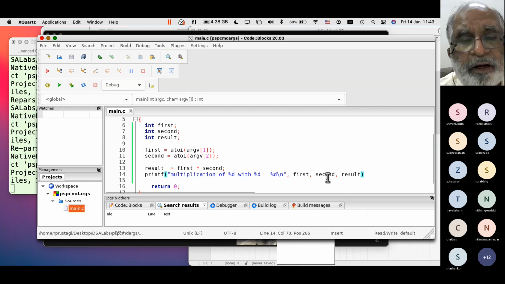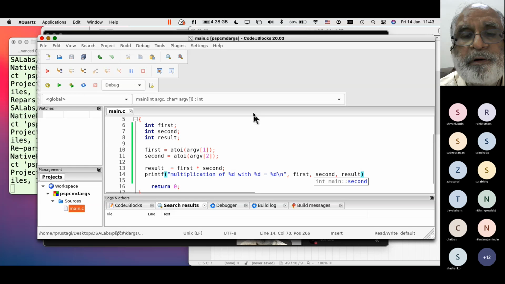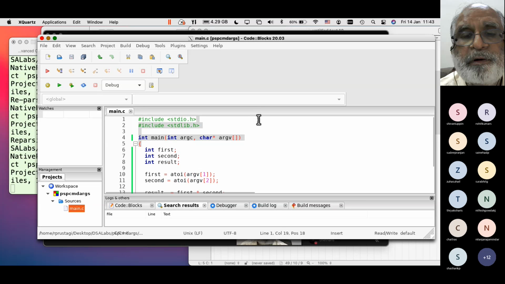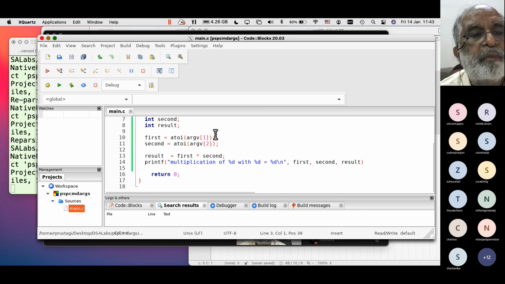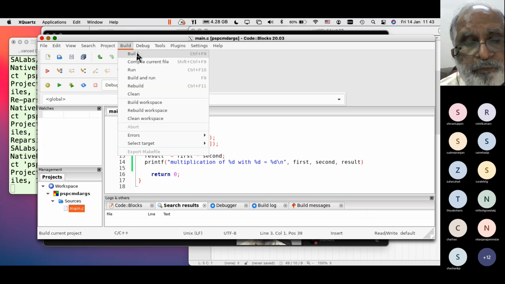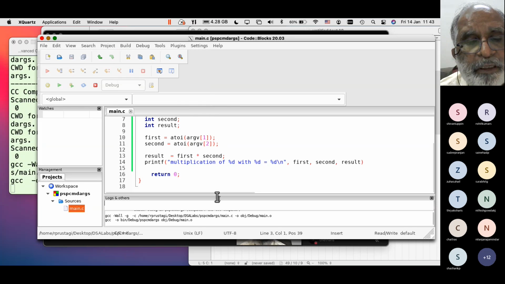Can anybody point out what is the error I'm making? When you write this program, if I compile it, you'll get a compilation error. So what you need to do is build, and click on build here. You'll basically see an error here.